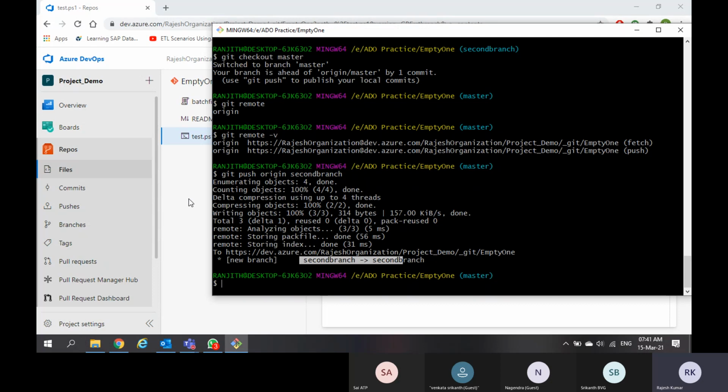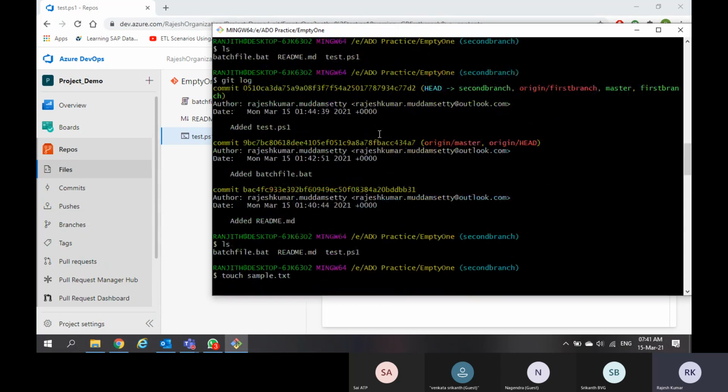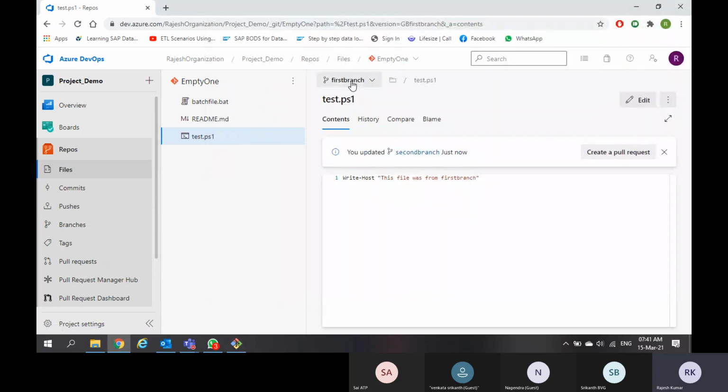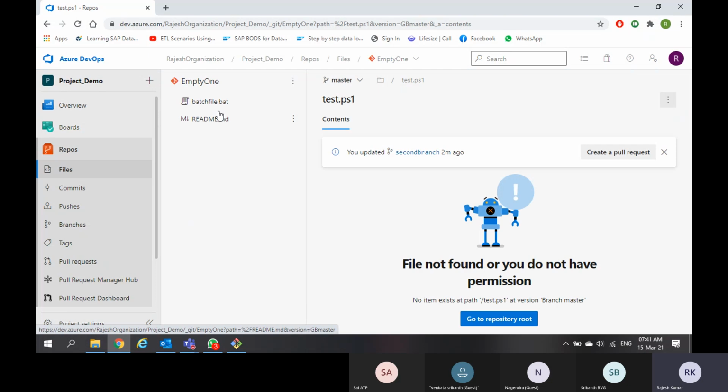Now, we have performed a merge operation in the local, but now I got an extra branch in the remote. When I go to second branch, I am seeing 4 files. When I go to master branch, I am seeing only 2 files.